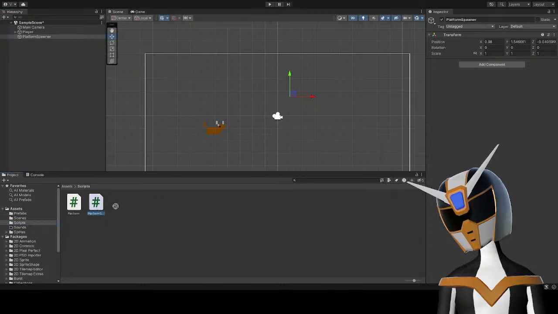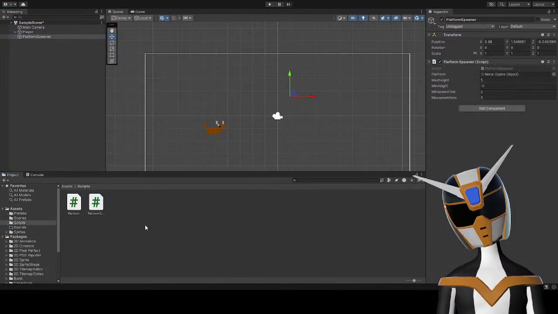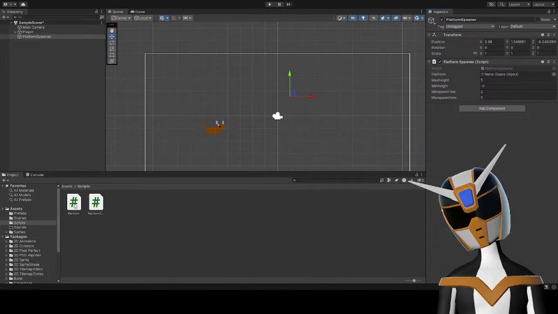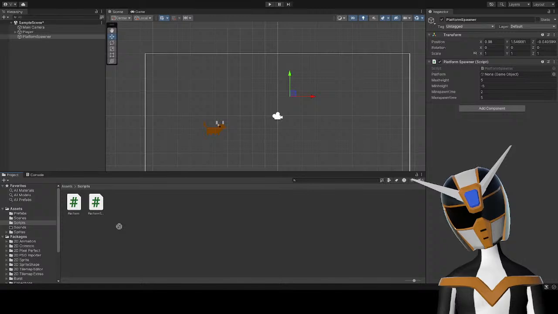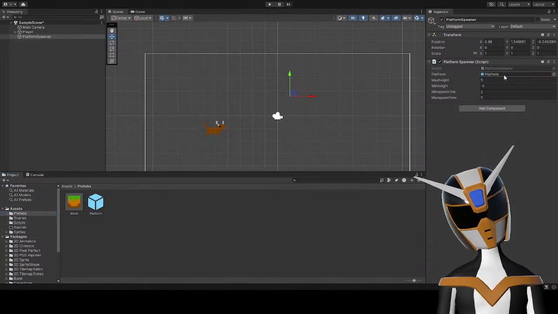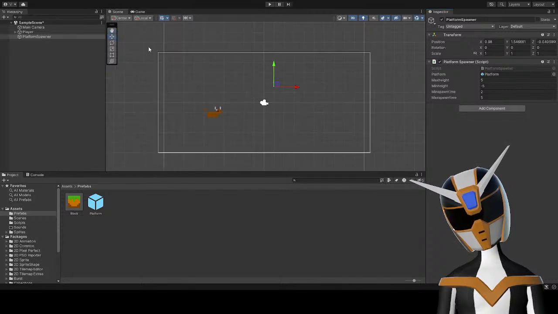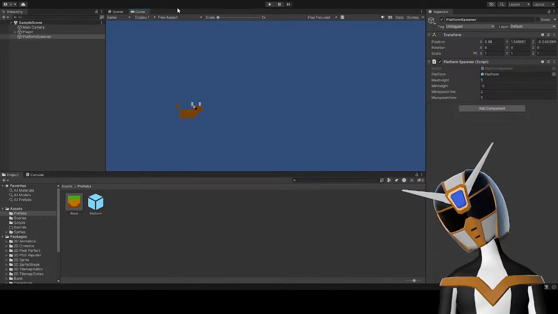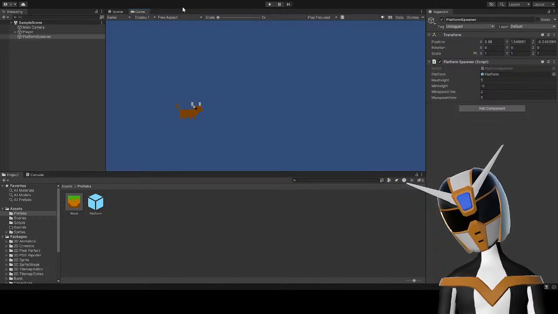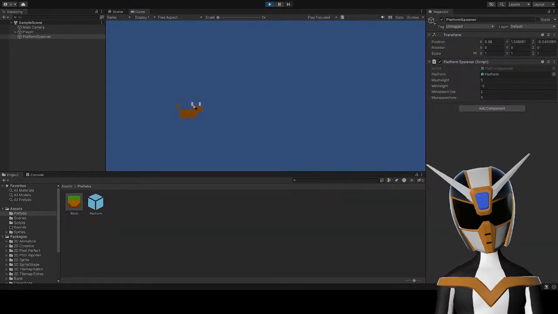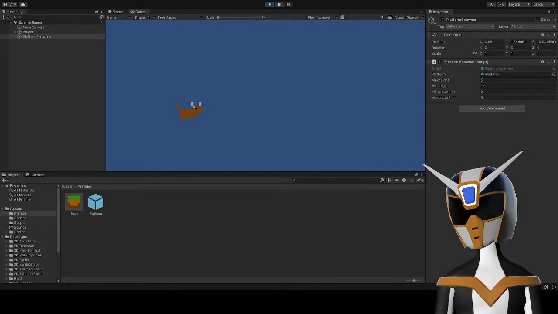And then let's add my platform spawner script to it. Add platform. Wait, no, I don't want to add the script. I want to add the platform prefab. Okay. So now let's see if this starts spawning platforms of random length at random heights at random time intervals. That should be how this works.